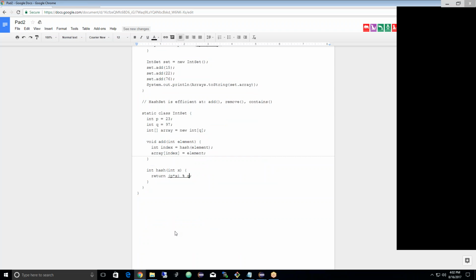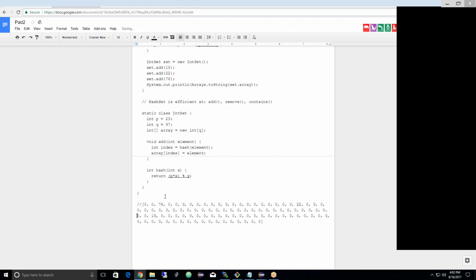So here's the array that it printed out. I'm going to paste it back here as well. So it did in fact put those three numbers inside the array at semi-random positions, right? So 76 is here, 22 is here, 15 is here. So why put it in those seemingly random positions? Because